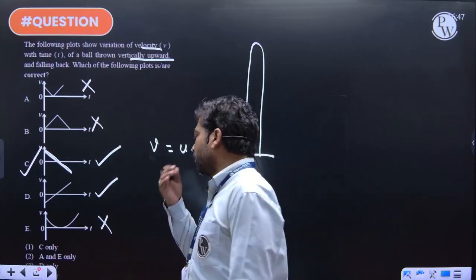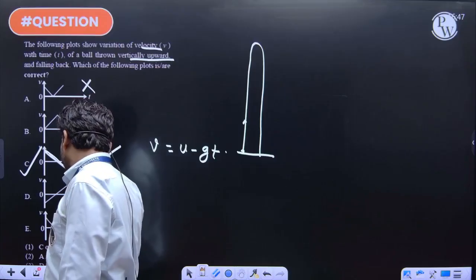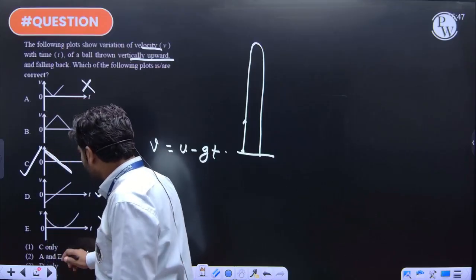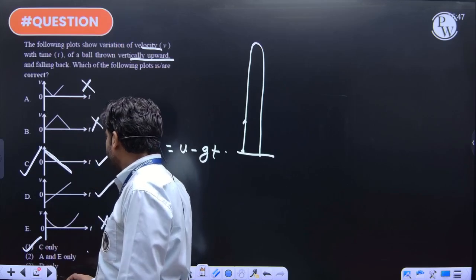Then let's move to the next part. Which one is the correct option here? C, option 1. Next,